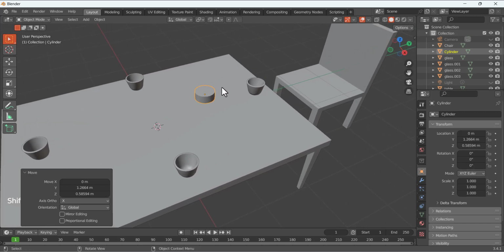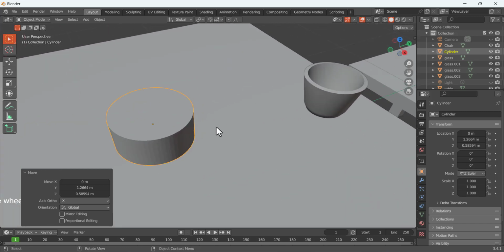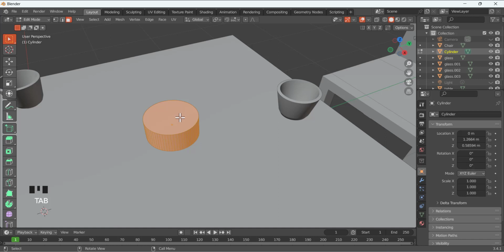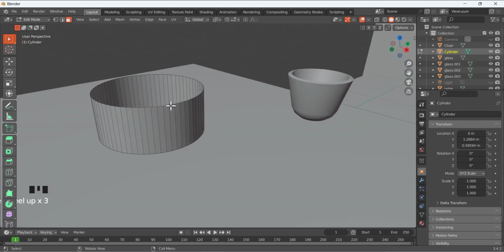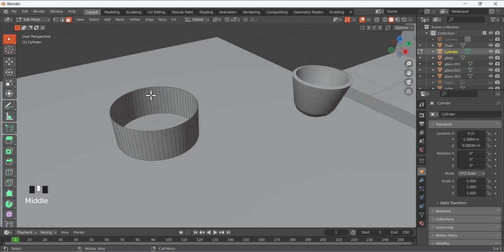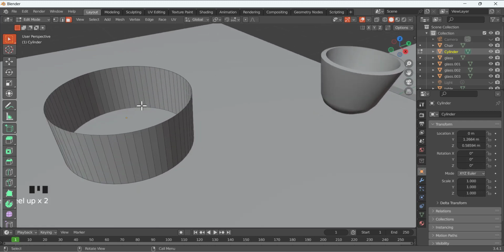Okay, so now go to edit mode, and I am going to delete the top face, X, and this face. Now we just deleted this face. Now we are going to select this whole set of vertices. So go to vertices mode, press 3, select, press Control, select all of these vertices, press E to extrude